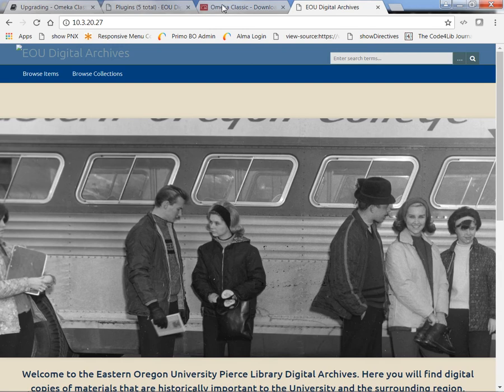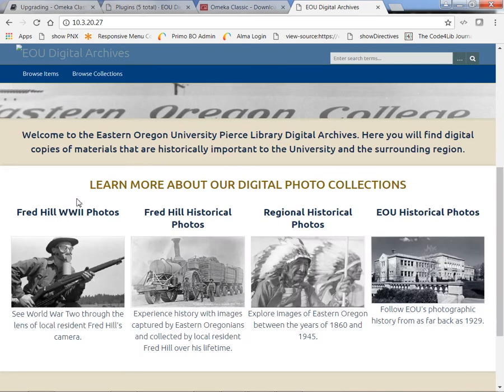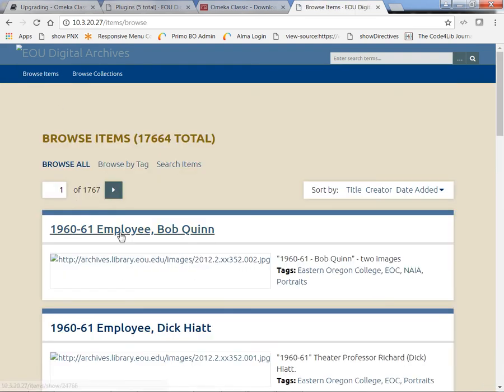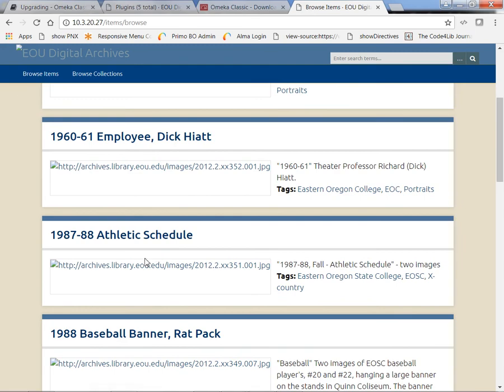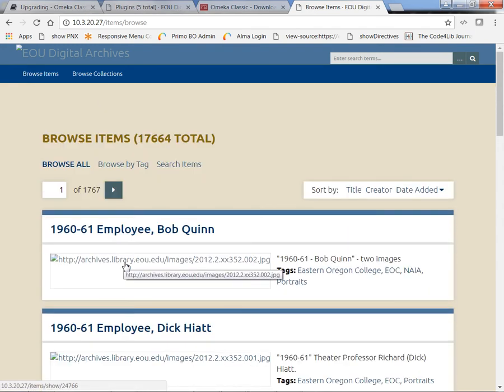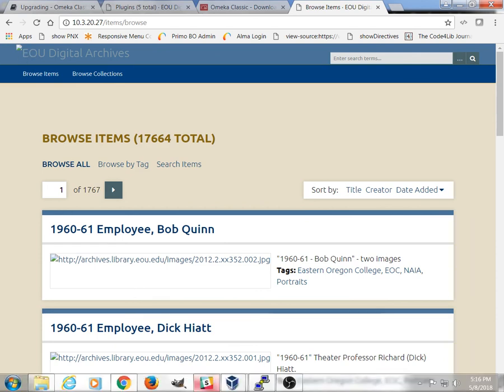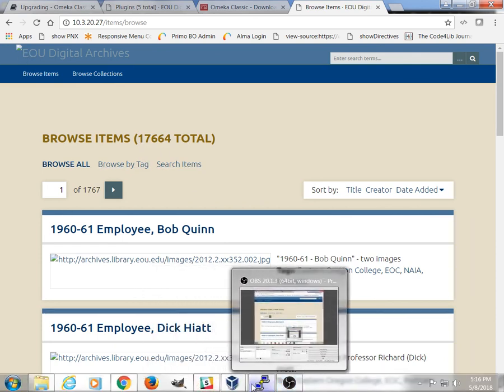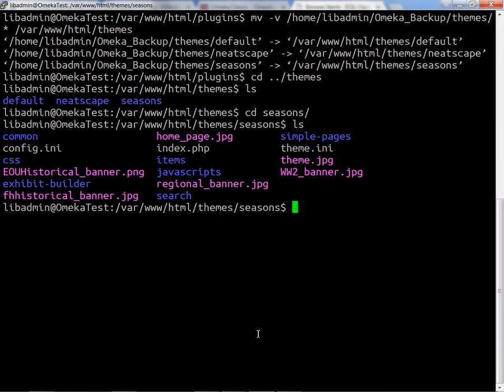And so if we come in here, we'll notice that things look a little off. Go into browse items, all of my images are gone, pointing to the wrong place. Now that's because I hacked into the core files to make Amazon Web Services work for me. Again, I have a video on how to do that if you're interested in having a look. But in order for me to make my site look the way it's supposed to, I'm going to have to do one more